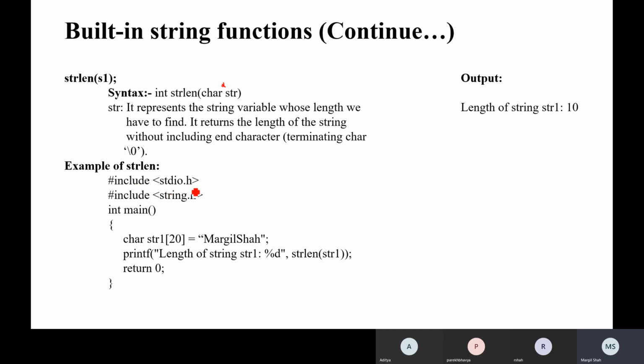We include stdio.h and string.h, in int main, char str1[20] is "Margil Shah", and what is the length of that? The length of the string is 10, with the help of the function strlen(str1). It is so simple: it just counts the number of characters present in the string, excluding the null character. Null will not be counted.